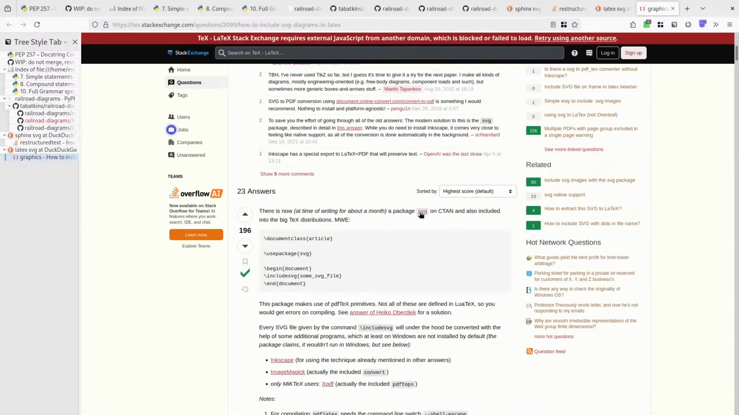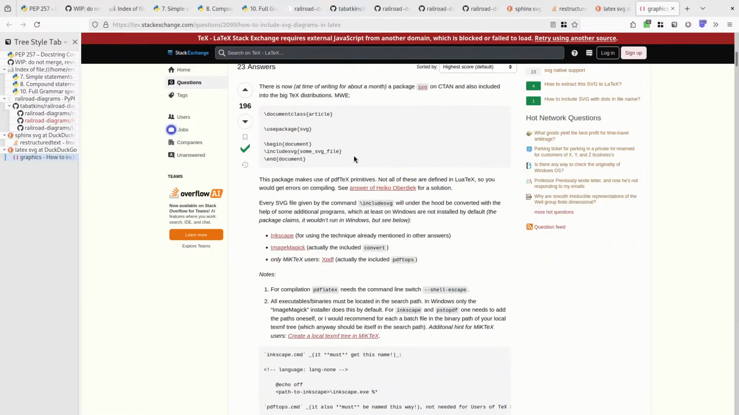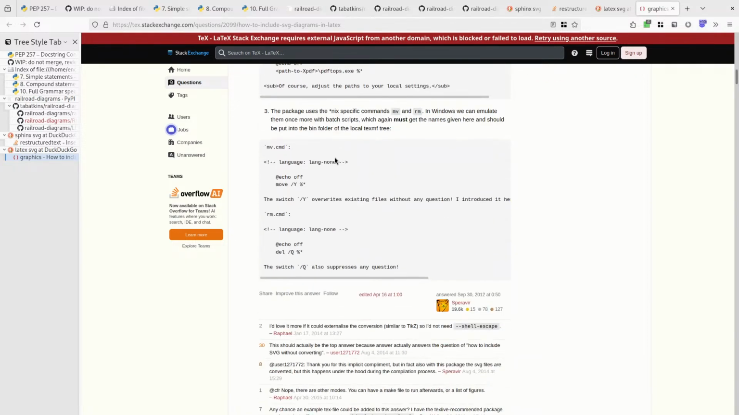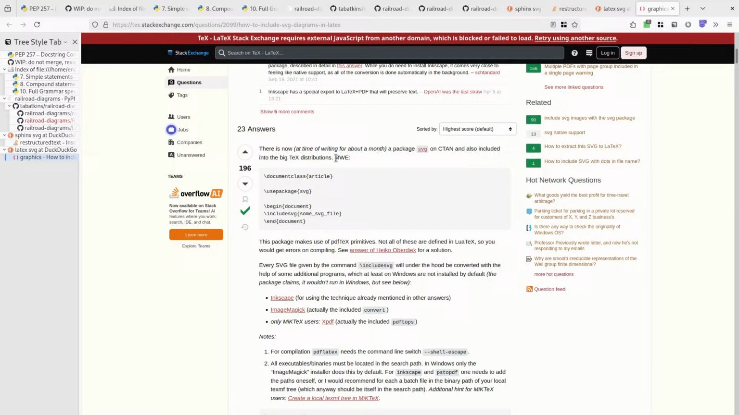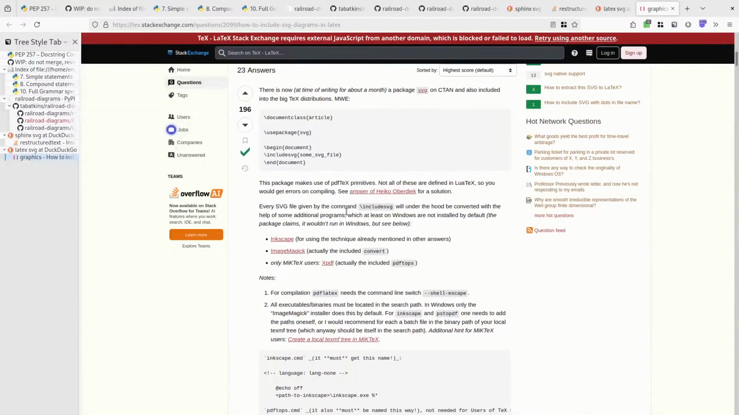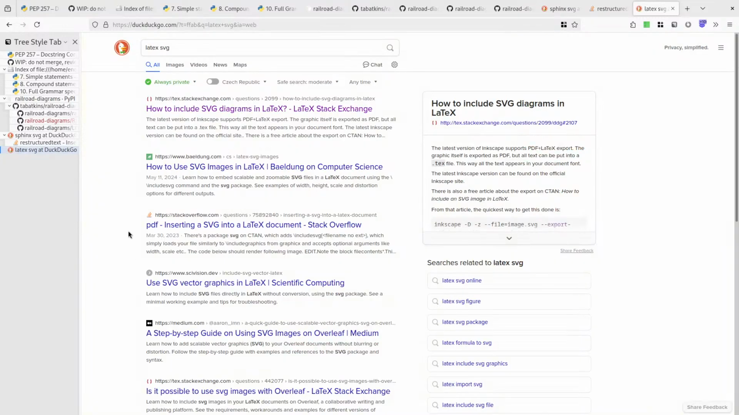There is now a package for SVG. Oh, okay. Cool. Oh, very recent. When was this written? I don't want to look into how that's implemented. Yeah, the LaTeX writer for Sphinx is ugly. Oh, I wouldn't be surprised. So,